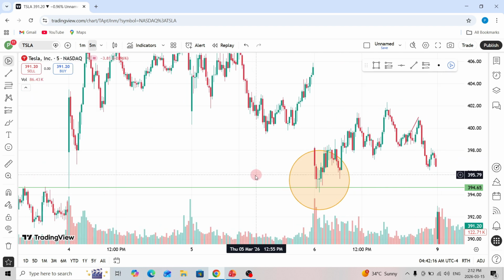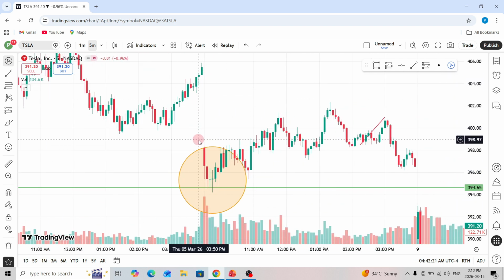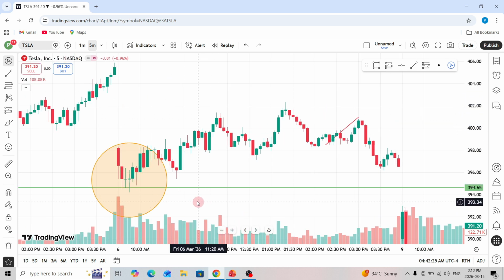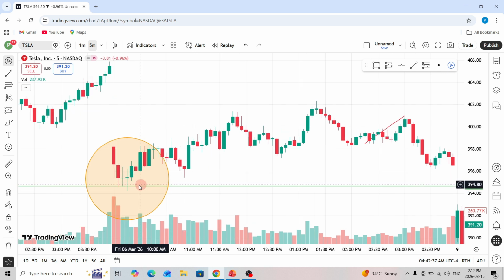You can see there is a support line over here, and even though the market opens negative from the previous day high, because of this support line there is a rejection due to buying pressure on a couple of candles on the day, and the third and fourth candles form as dojis because of buying pressure. The market is not letting the price go down, and after that you can see the fifth candle, which represents a strong bullish